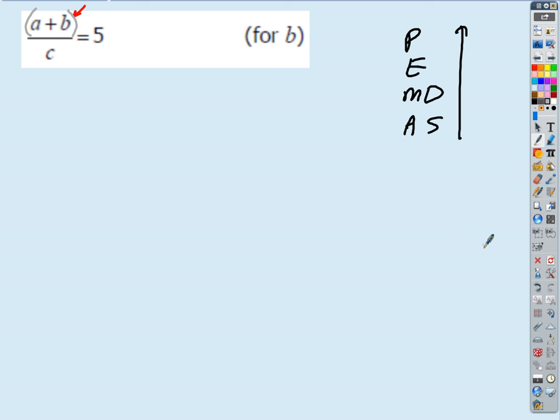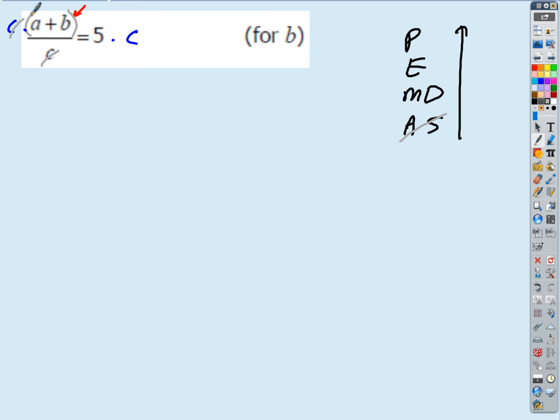Anything to add or subtract outside of the fractions? Outside of the grouping symbols? Nope. Cancel it. Multiplication or division. I'm trying to get the b by itself on the left side of the equation. What do I need to multiply by? C. Yeah, look, I'm dividing by c. How do I undo dividing by c? I multiply by c. Right? Multiplication and division are inverse operations. They undo each other just like subtraction and addition do. We all know that. So I'm going to multiply each side by c, and